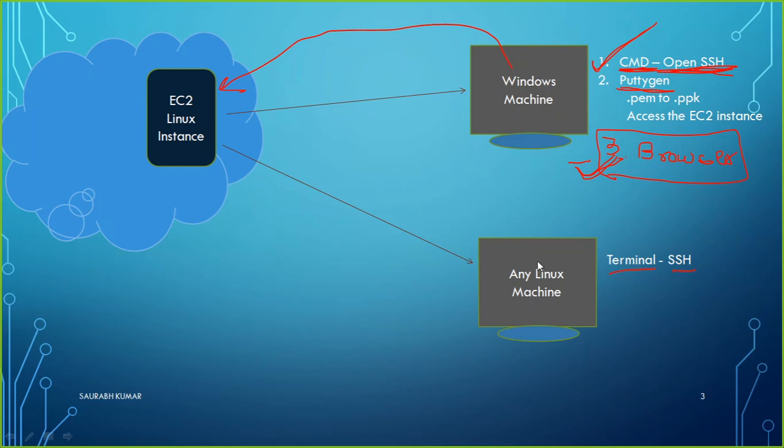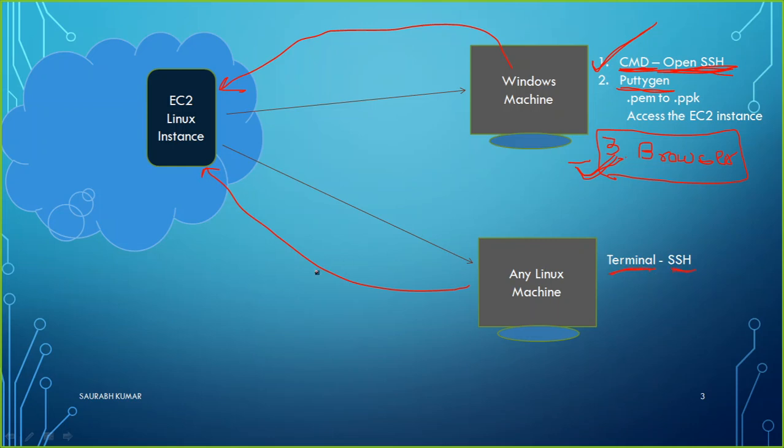Now we are moving to this practice part. What if you are a Linux user, your laptop is also running a Linux operating system, and you want to access the Linux instance from there. So this is my laptop which is maybe running Linux, and from here I want to access this Linux instance. What will I do? I don't have a command prompt in Linux, and I don't have Putty software there. So I will use the simple terminal.